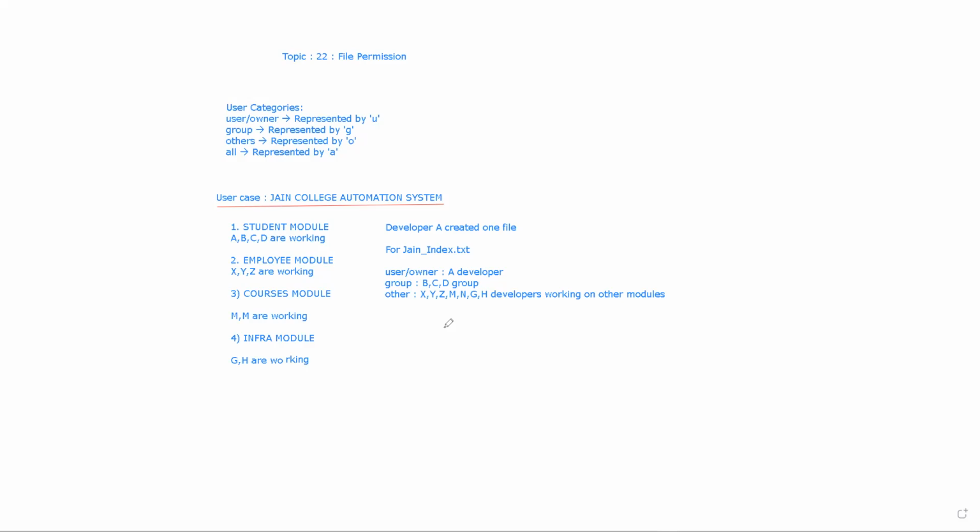Let's say we belong to the IT group. If Vipul creates some file, Vipul will be the owner, the rest of the people will be the group, and the leftover people from the organization will be considered the other category. So this explains the user category.